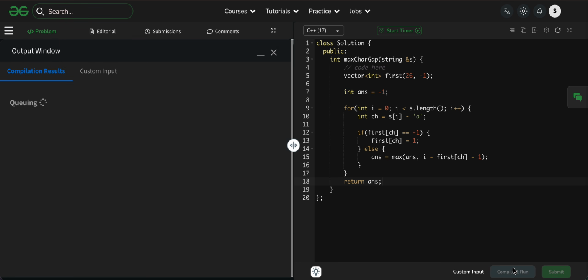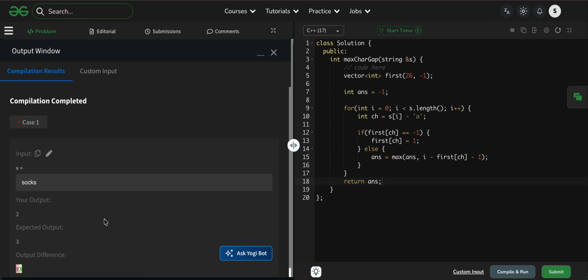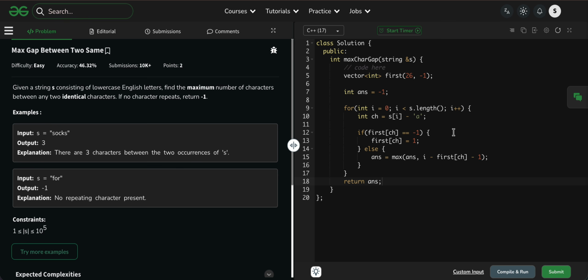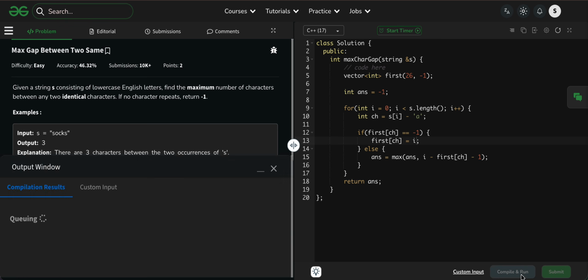Now try to compile it. Is it compiled or not? Does it show any error? I think there is an error. The output is 2, but we need 3. What is the problem? We can analyze the problem. Is there any problem here? No. Is there any problem here? I think no. And here? No, also no problem. I think this is the problem: I just have to start from i, not from 1.